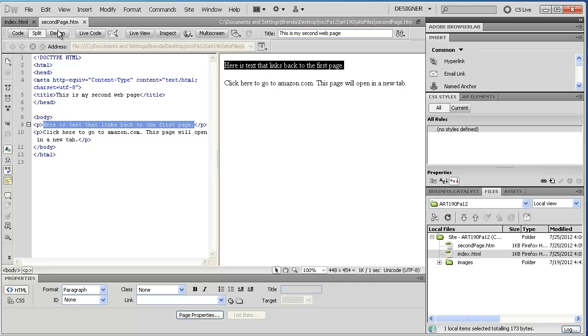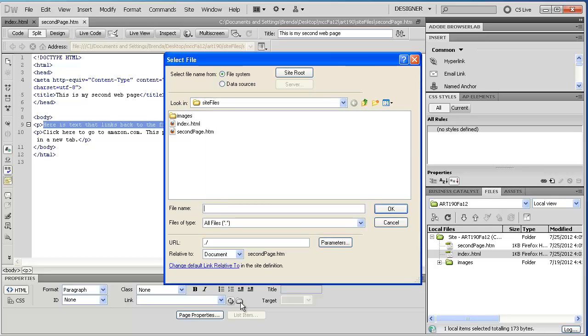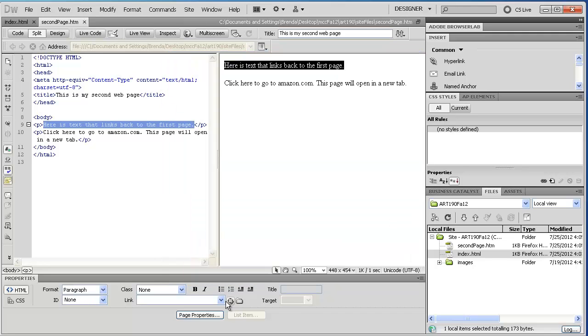So I know I'm in secondpage.htm. I've got my text that's going to link to my first page, and now I'm going to choose, oh wow, I'm doing that really fast, aren't I? I'm going to go down here in my Properties Inspector and see where it says link. I could type in my page name, which is going to most likely cause you errors. I might be able to choose it from here, but that's not the correct one. That's a different project entirely. I could click on this little folder right here and choose index.htm this way,